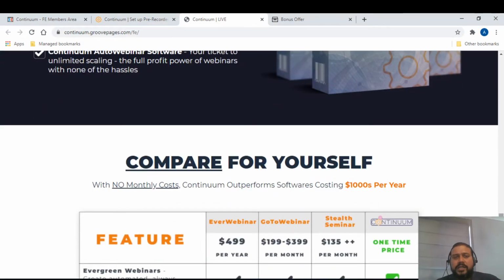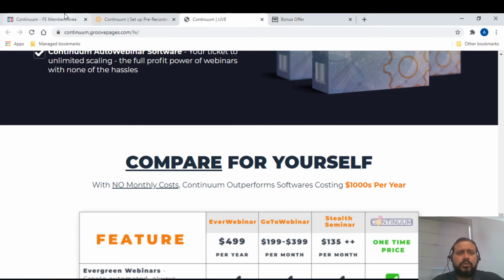So you can know that this is one of the best products in the market if you want to get into webinars and sell high tickets, because high tickets won't sell without webinar sessions. People tend to go away because it's priced high, like $1,500 for a single ticket. So you need to have this. That's about the sales page.